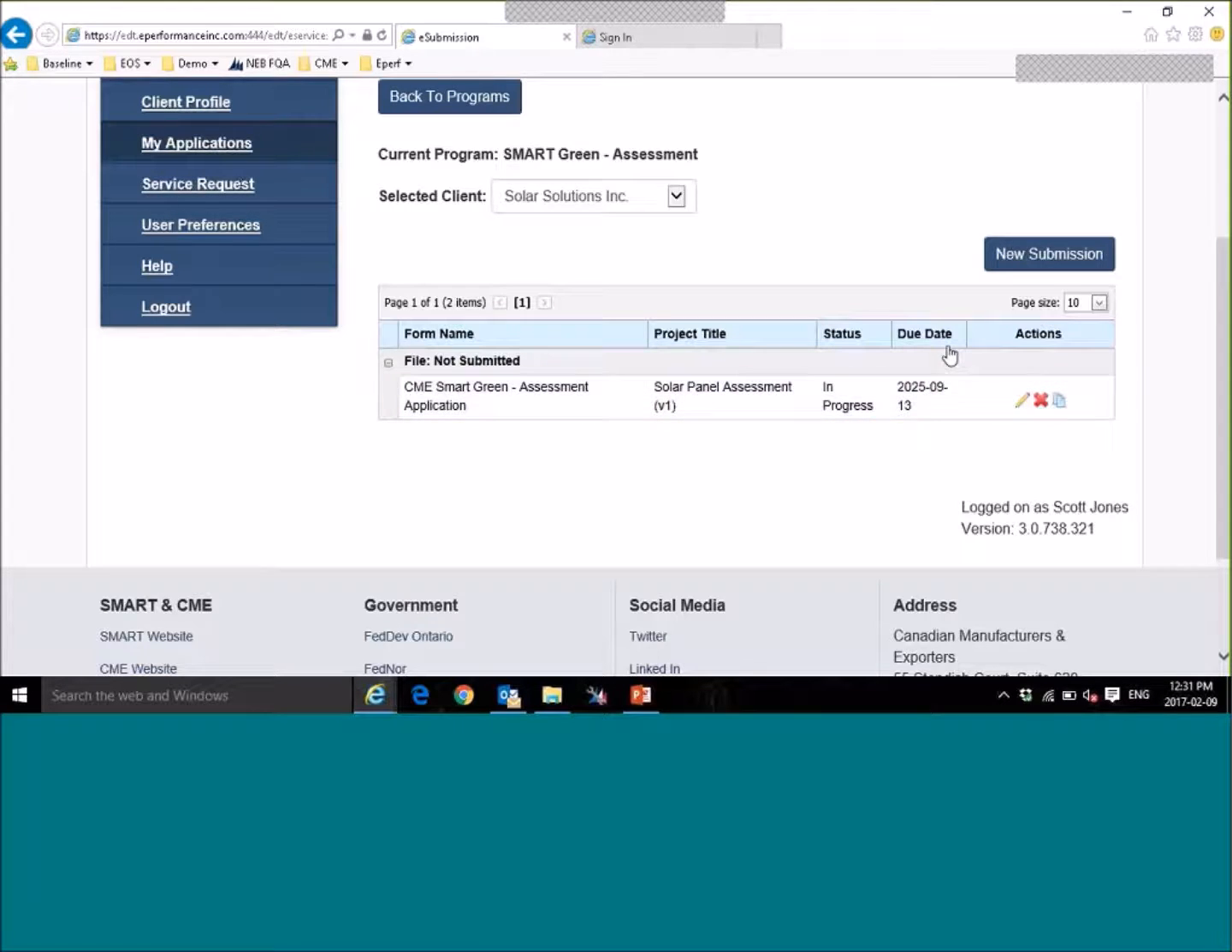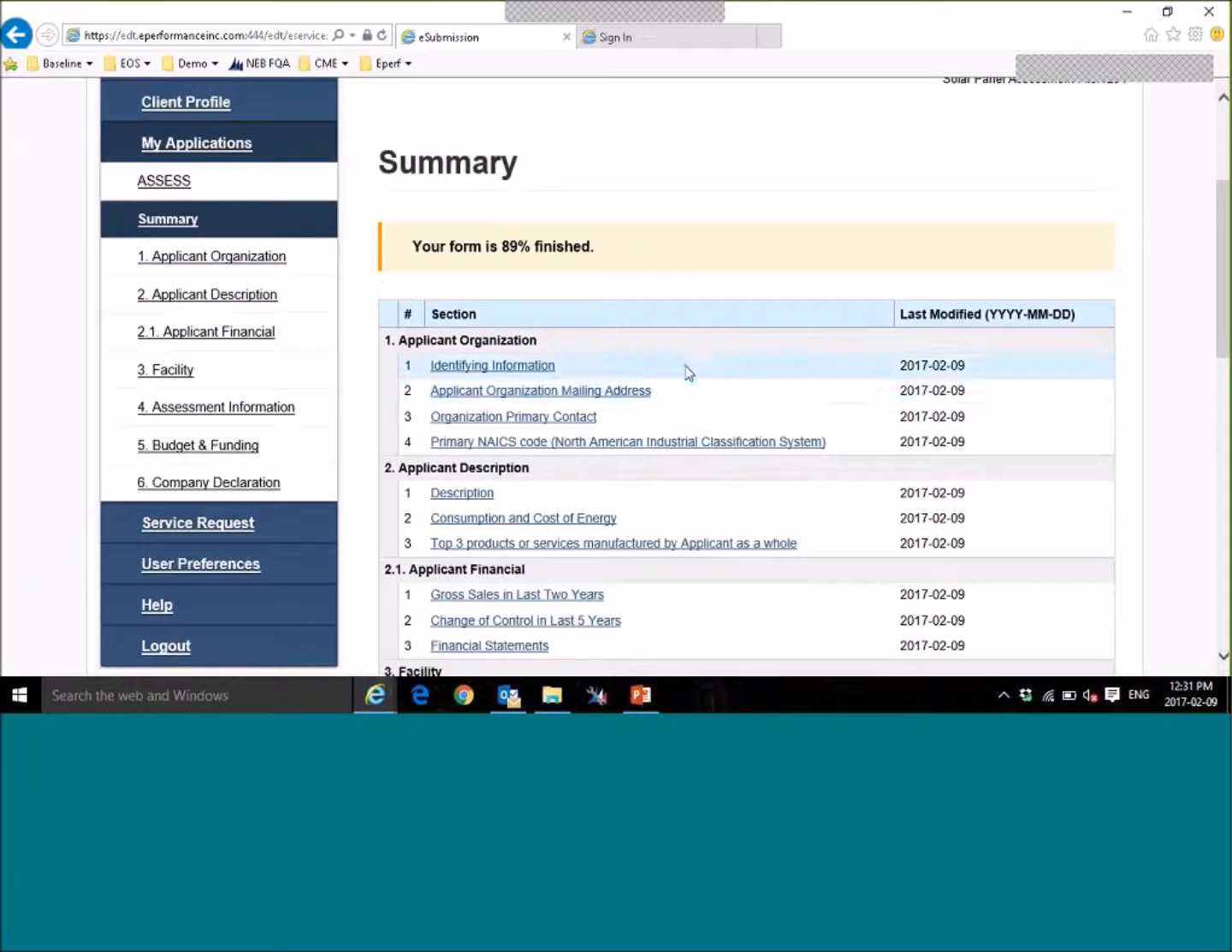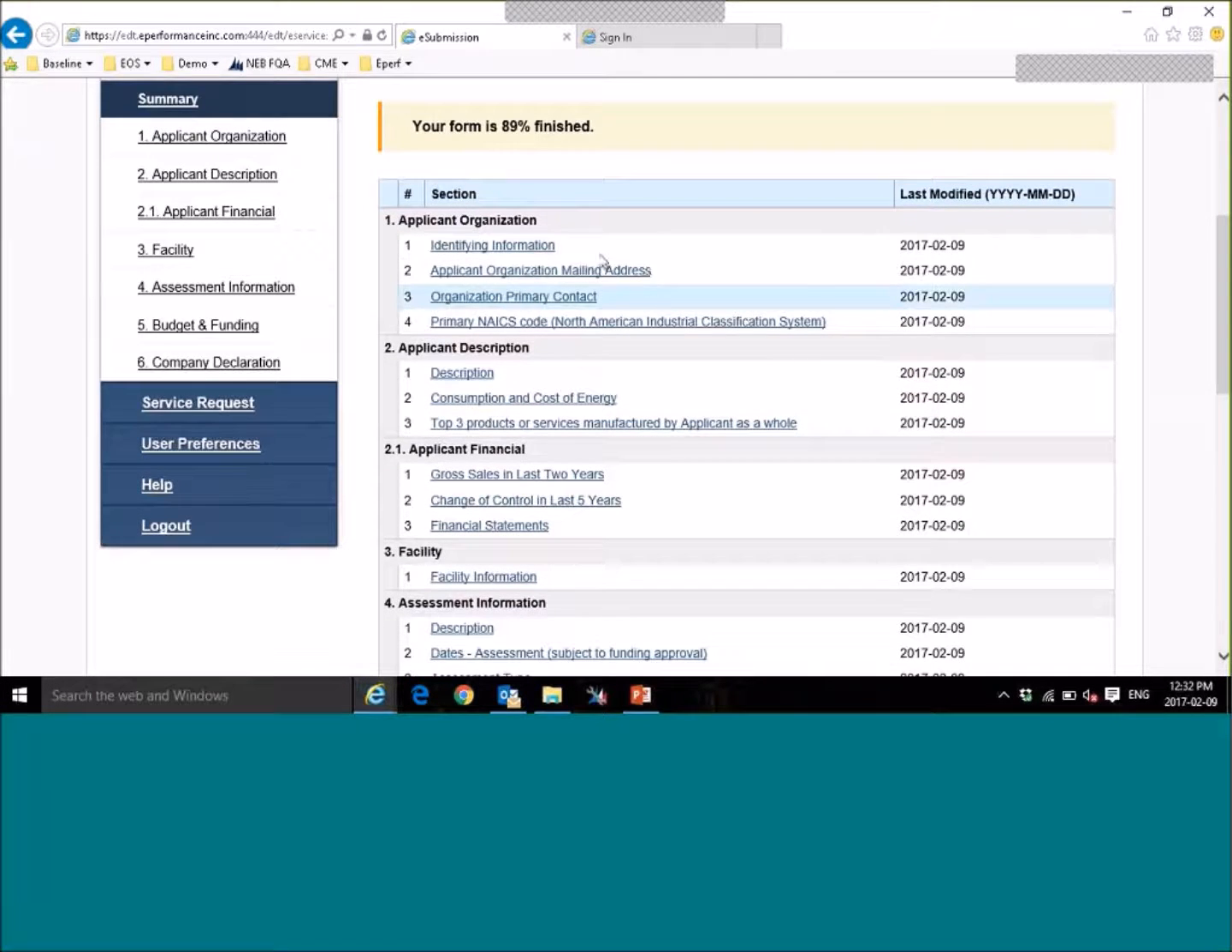So I can view the due date as well, and also have actions. I can copy the form, I can delete the form, or I can edit the form. In this particular case, we're going to edit it. And it brings me to a summary of the application that I'm filling out. What this shows me at a glance is all the sections that are required for me to submit this to